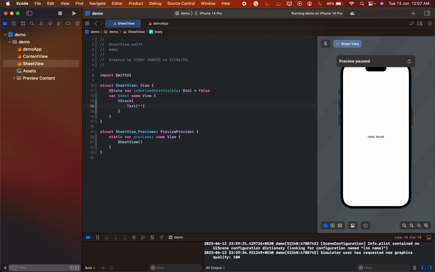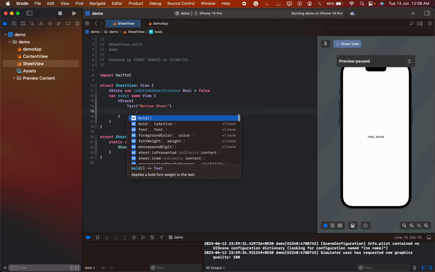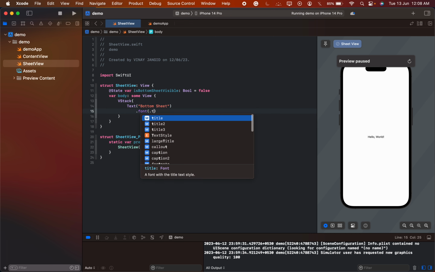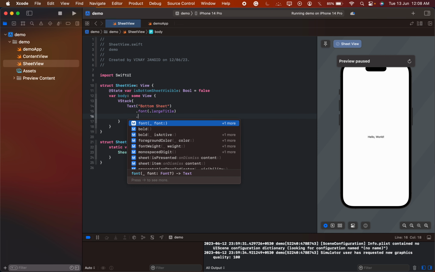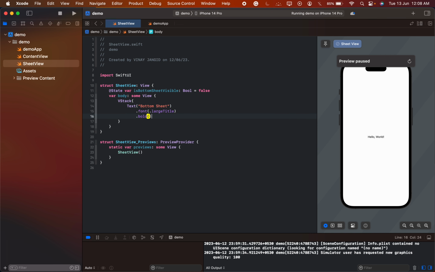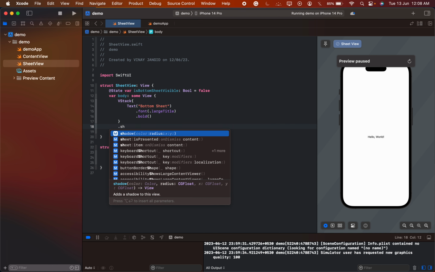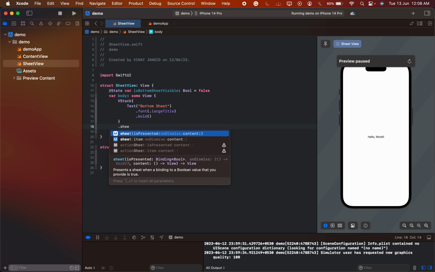In the text I write "Bottom Sheet". Okay, let's decorate the text by font. I will give the font size largeTitle, and we will make it bold. Okay, so we will show the bottom sheet on the VStack. Type here .sheet(isPresented: